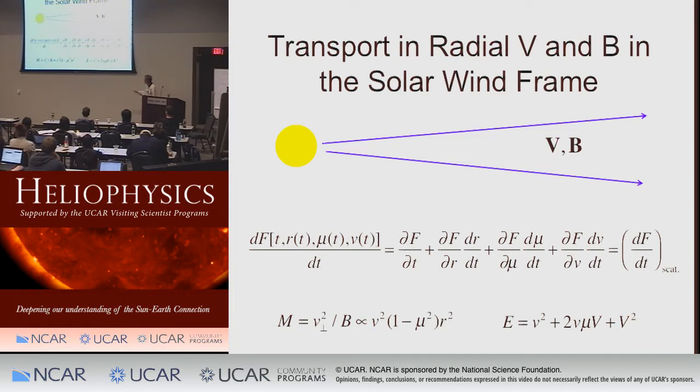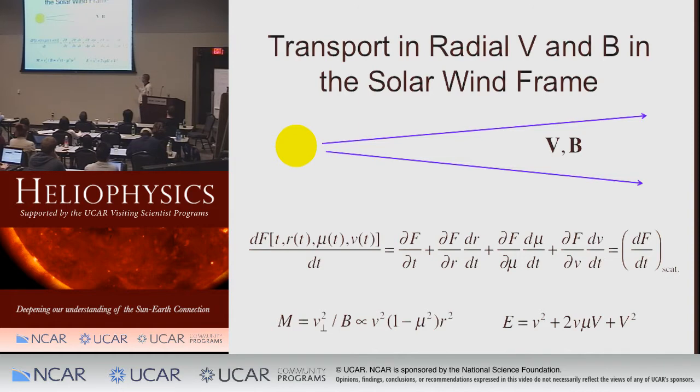Exactly, if it starts out here with some speed and a pitch angle, it moves in a very definite way. It will move out in radial distance. It will change its pitch angle, and it will change its speed in the plasma frame, okay? So you can just write that this way. The total change of F, dF/dt, as you follow that trajectory, moving out, gyrating out, is 0, unless there's